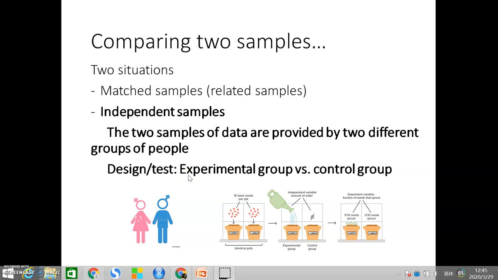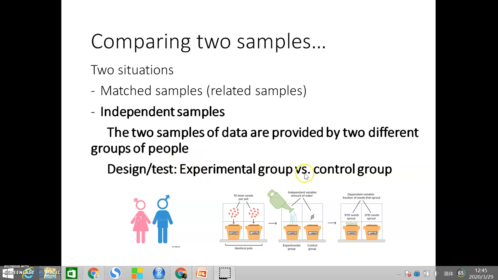So a typical design for this independent t-test in social science is this experiment group versus this control group. What is this design like? Let me describe it for you guys. We randomly put people into two groups, and one group will receive some treatment, such as a